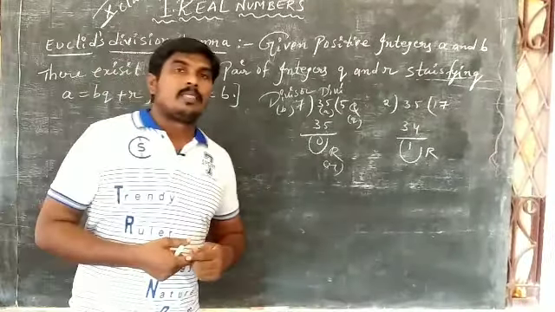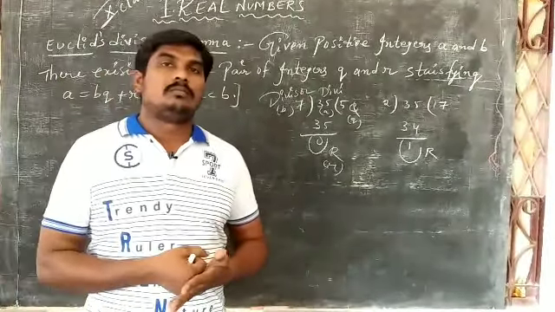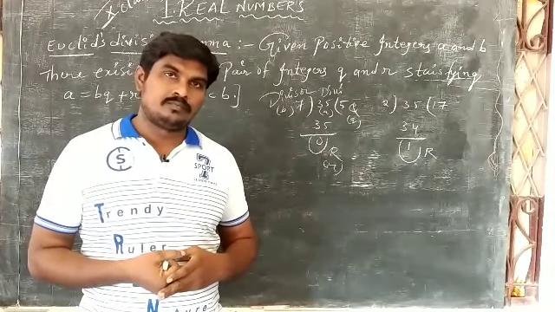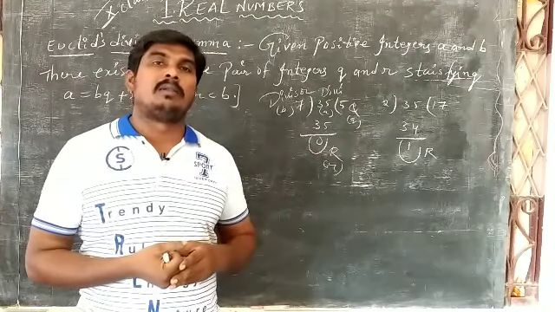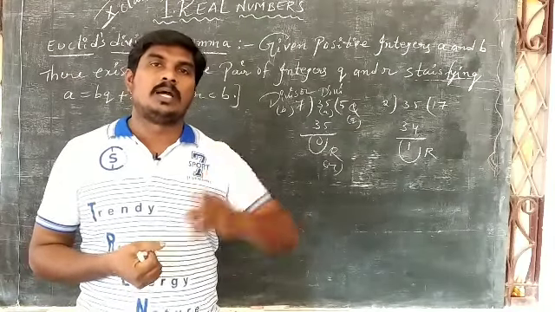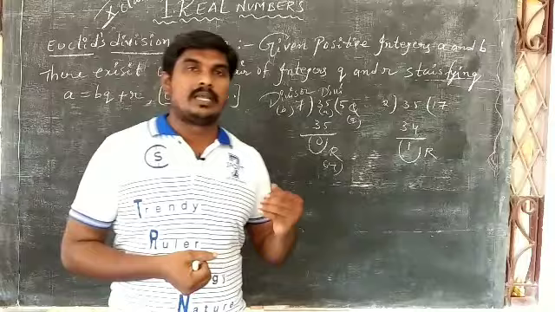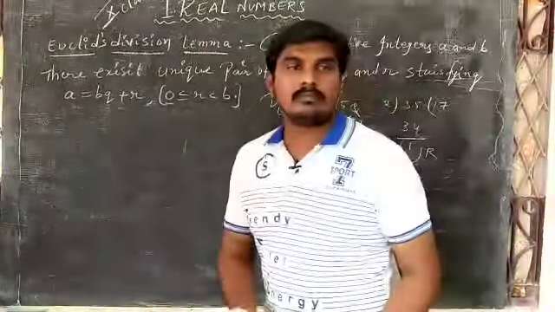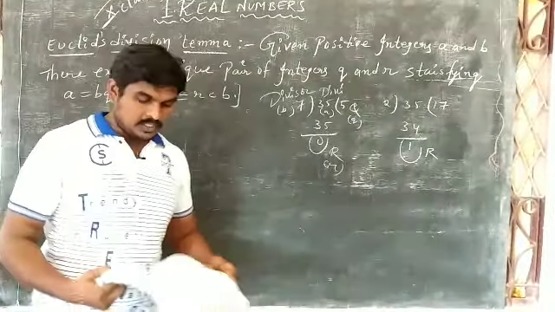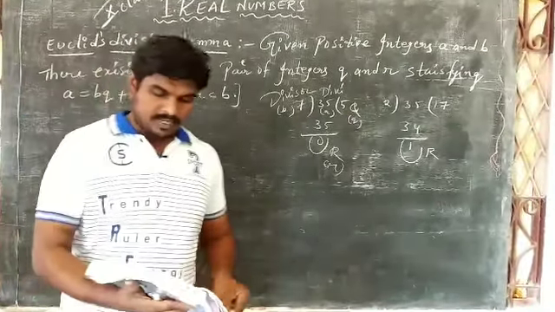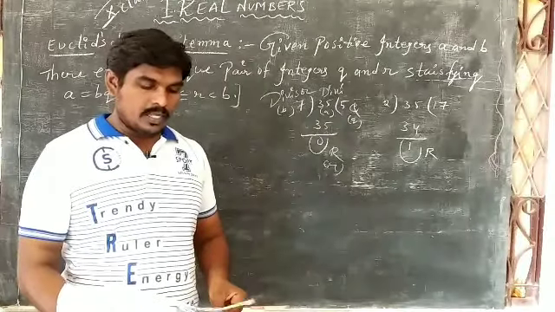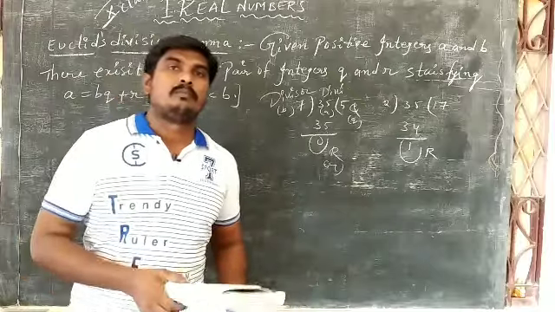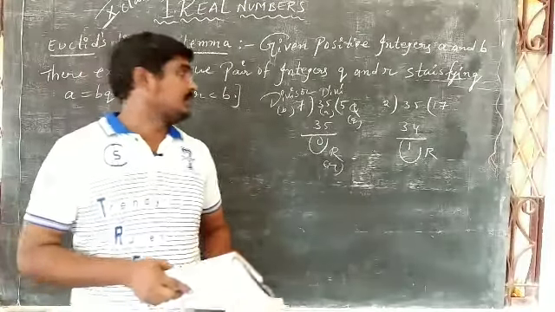Okay, today how to use Euclid's division lemma in the sums. By using this formula, how to find out the HCF of some numbers, that is what I am going to explain. Please listen, all of you. Okay, by taking some examples, I will explain. Find out the HCF of some composite numbers by using Euclid's division lemma, right?